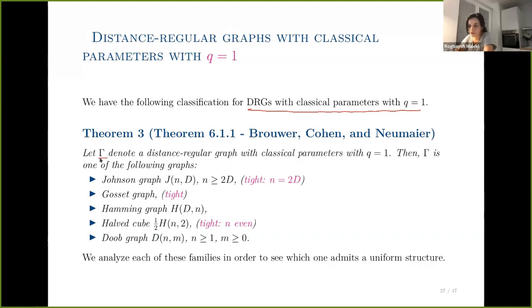It says that if your Gamma is distance-regular with classical parameter q equals 1, then it will fall in one of these five infinite families of graphs. It is either a Johnson graph, Grassmann graph, Hamming graph, halved cube, or Doob graph. We analyzed each of them separately, and you see that I wrote tight in front of some of them. The reason is given